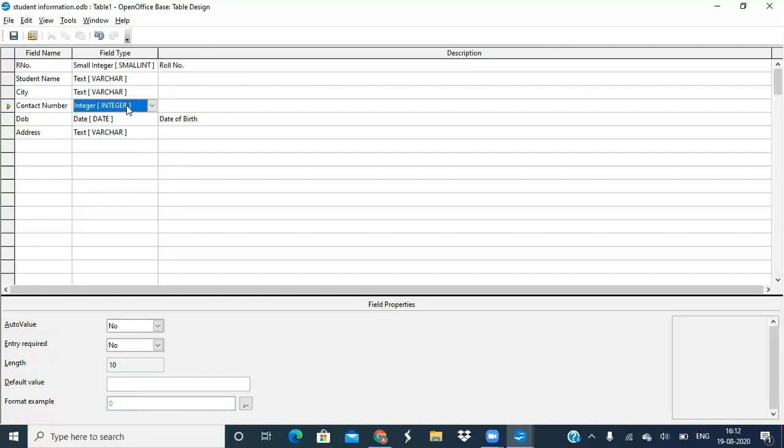Just like auto value. Auto value means it will assign values to the fields automatically. Just like 1, 2, 3, 4, 5, 6. Entry required, the next property. Entry required is a property which is available with the date,